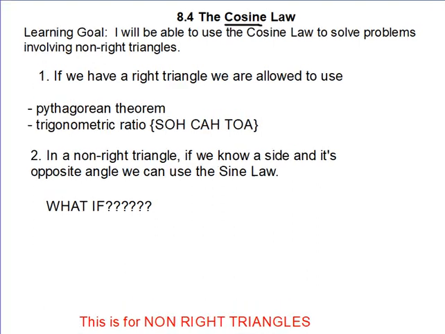First, let's go over what we know so far. If we have a right triangle, we can use the Pythagorean theorem, and we can use SOHCAHTOA. That's the only way we can use either of those: if we're given a right triangle. Now, in a non-right triangle, if we know a side length and its opposite angle, we can use the sine